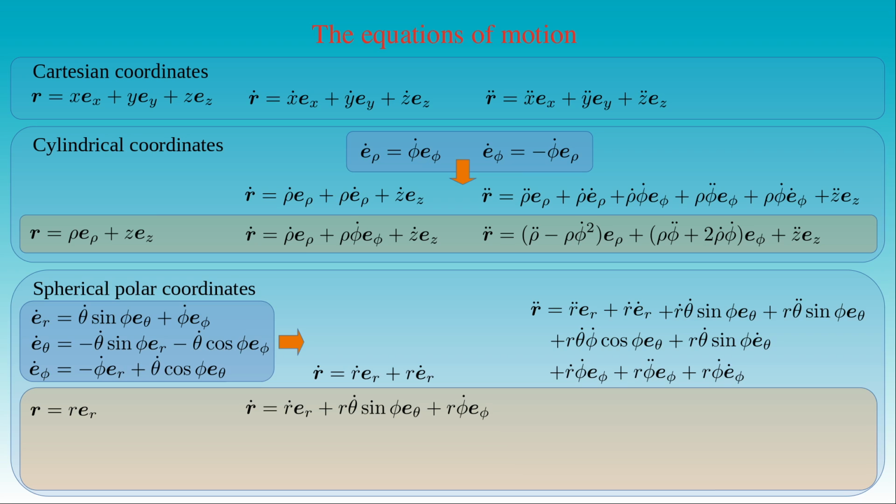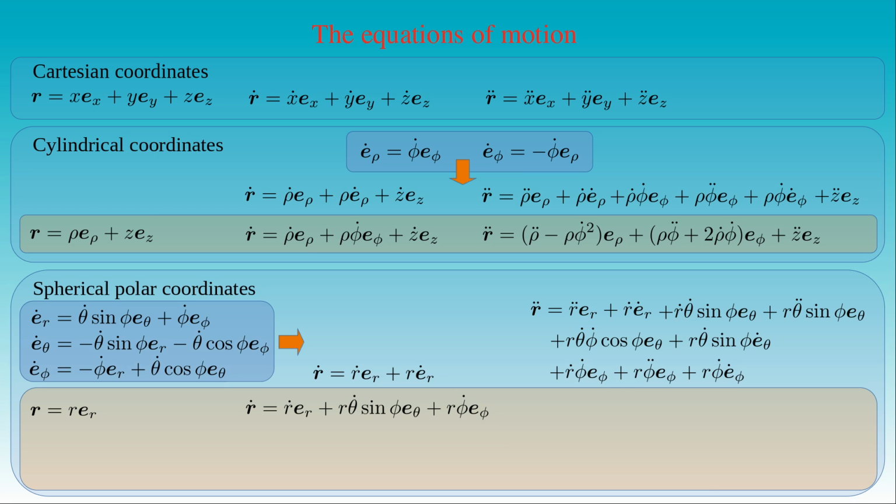Besides the expression of the derivative of the basis vector er, we also computed the derivatives of the basis vectors e theta and e phi, as we can see in the left-hand side of this box. We can eliminate the derivatives of the basis vectors by substituting these expressions into the second-order derivative of the position